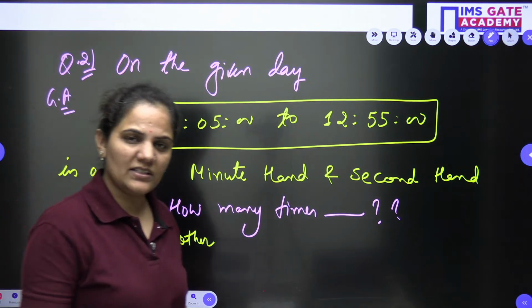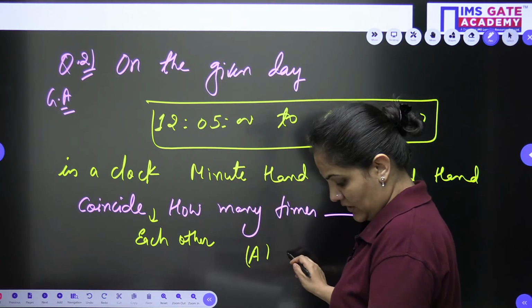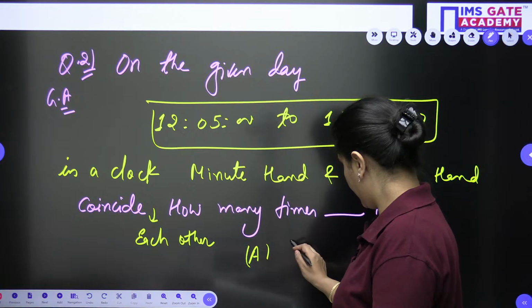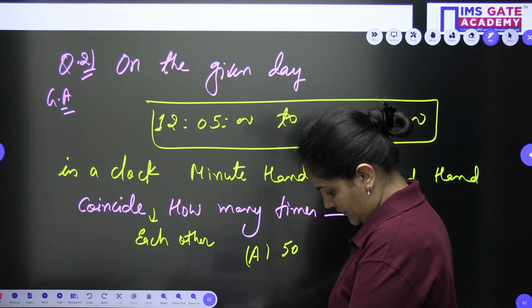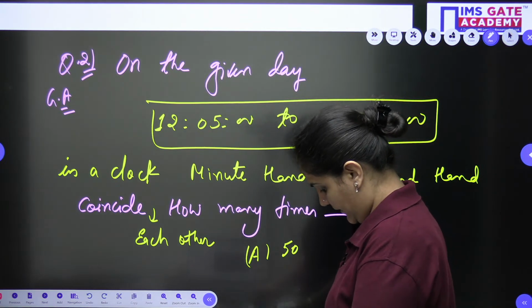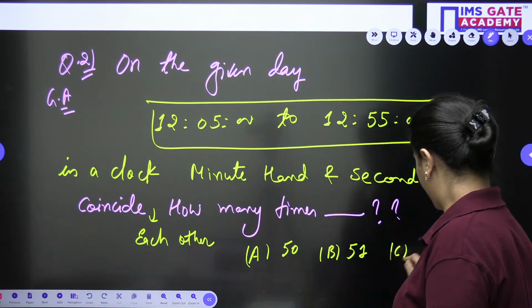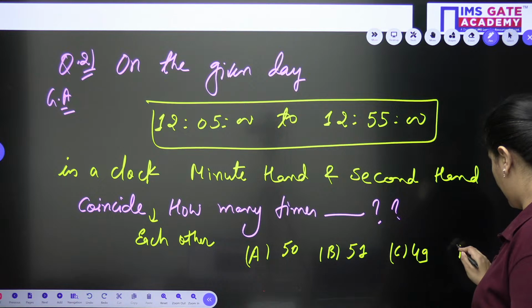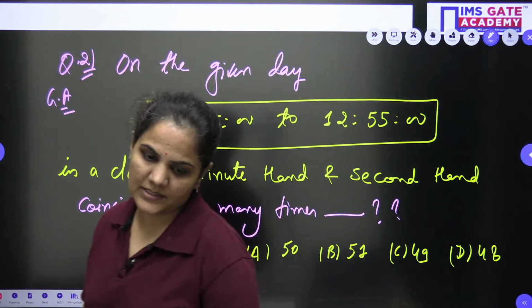First of all, you need to understand here what is the duration, and this question, the options were there. So this was an MCQ. The options were like 50. Let me cross check whether the options were there or not. Yeah, options were there: 50, 51, 49, and I think the next was 48. Okay, you can just cross check the options also.